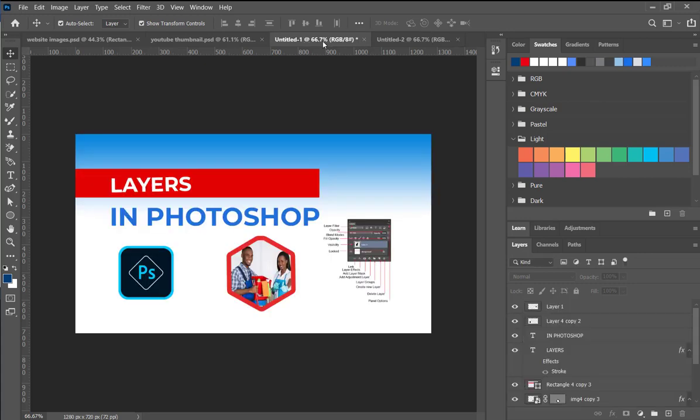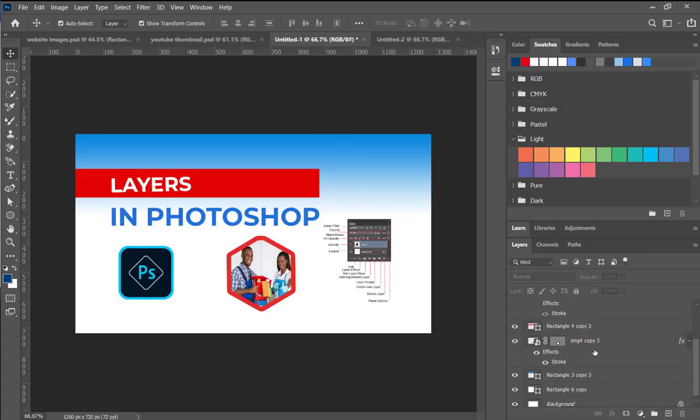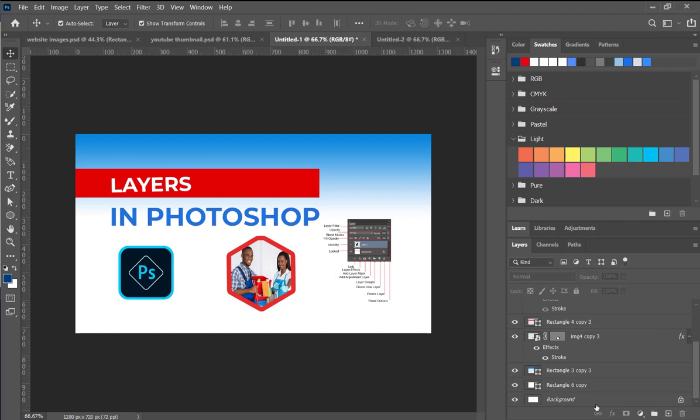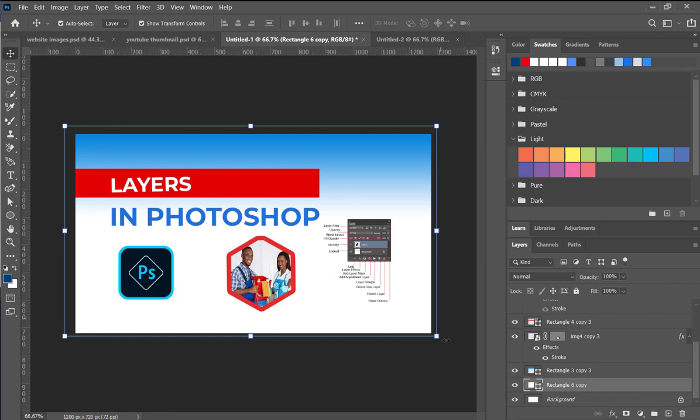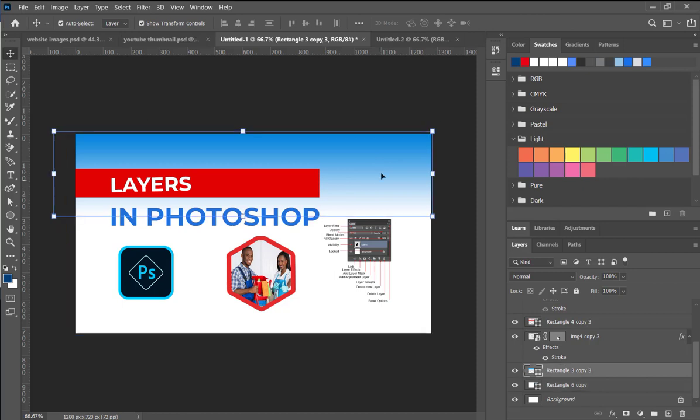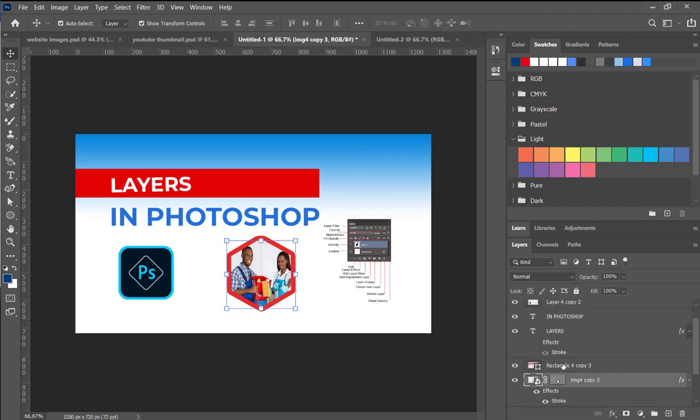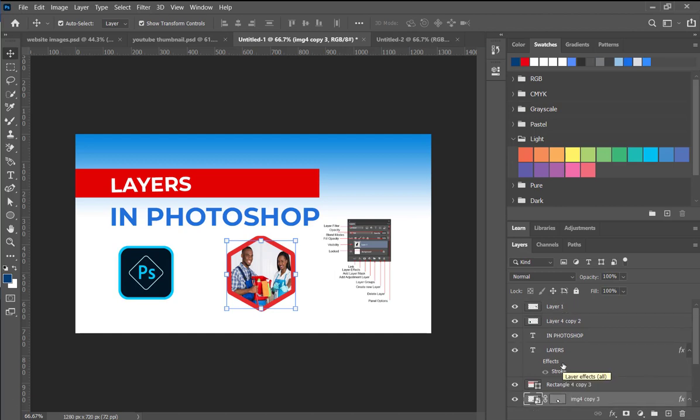So if I go back to my recent project, I have my background layer. Then the layer that follows is the rectangle. If I click on it, as you can see, I drew another rectangle to act as my background. Then the next layer is this layer with this gradient, the blue and the white. Then as you can see, there's this layer that has effects inside here. So before we even dive into much details about layers, I want you to understand the layout of the layer